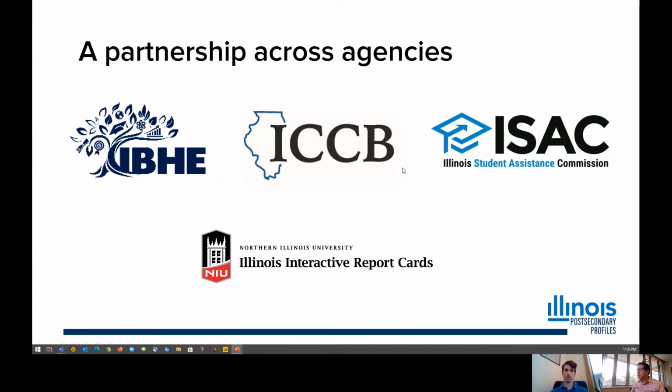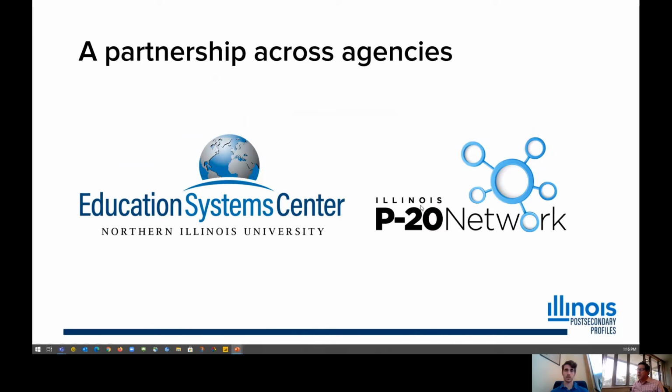So this is a partnership between all of them, and along with all of them, Education Systems Center and the Illinois P20 network are also partners in this work on a regular and ongoing basis to both bring the voices of folks from the field to the agencies, as well as to bring this work back out into the field.